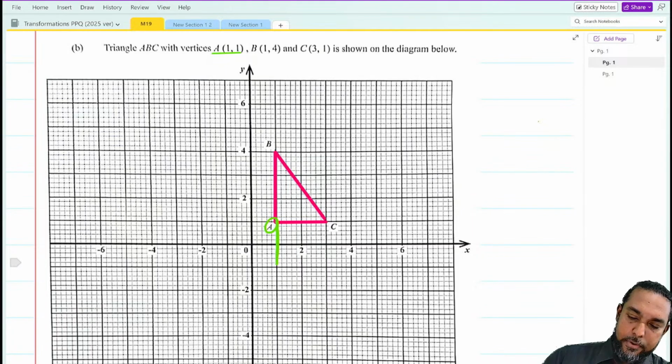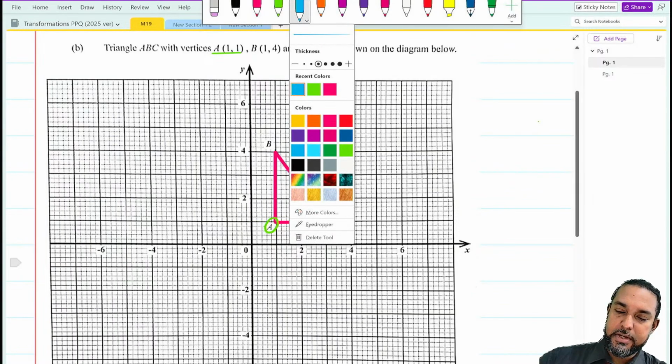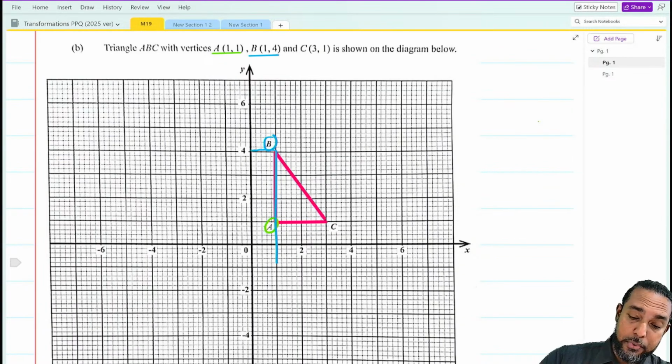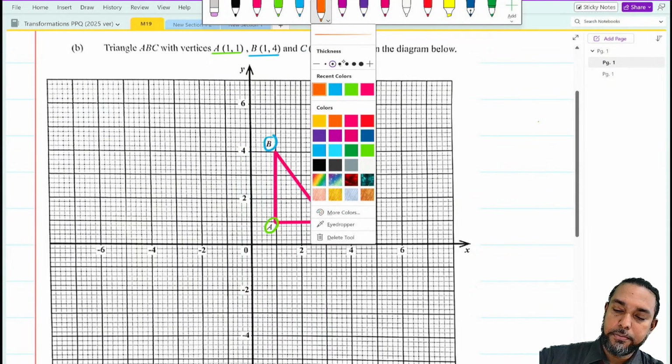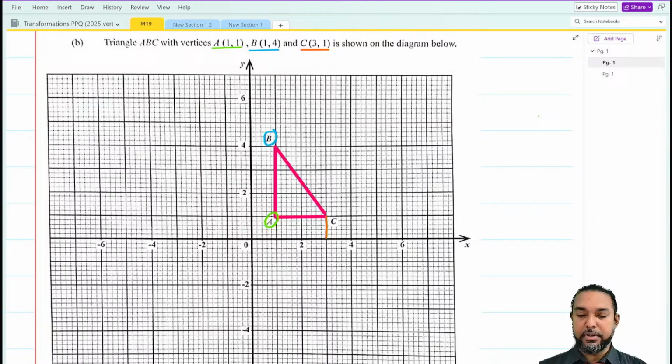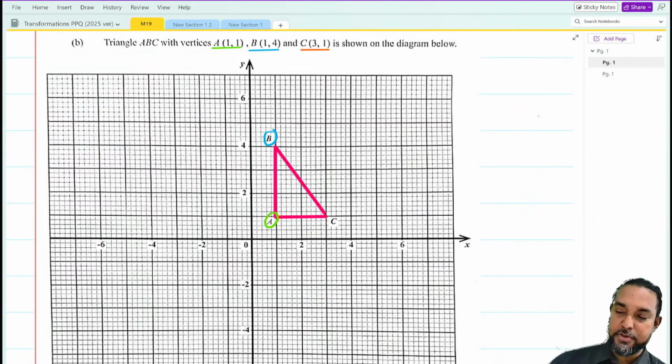Right, so that's a 1 there. And if you go across to the y-axis, that's also a 1 because it's exactly halfway between 0 and 2. What about the next one, which is B? B had coordinates 1, 4. So B is here. If you read down to the x, you get the exact same x coordinate as A. And if you read across to the y, it's pretty easy to see that the y coordinate is 4. And then across here, C is 3, 1. You read down to the x, you get between 2 and 4, so obviously that's 3, and you read across and you get 1 there. Okay, cool. So we confirmed the coordinates of the vertices that they give us.